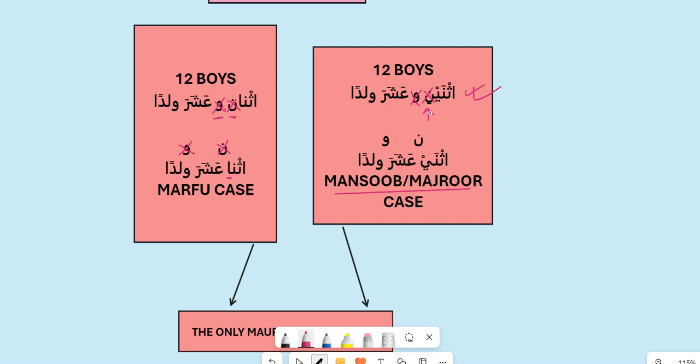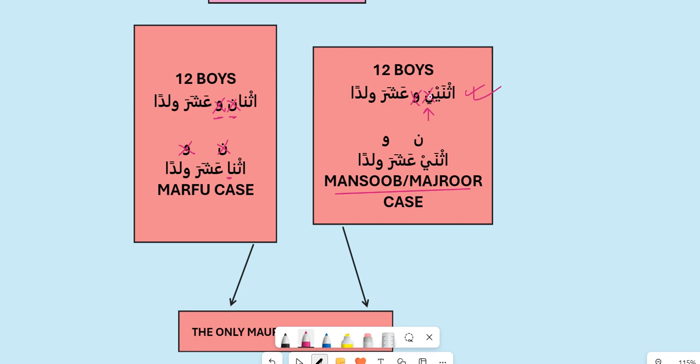It doesn't have any work in the i'rab, so it's basically removed. Since here you are making the number and the 10 into one compact compound number, in order to make this number into one compact compound number, this extra noon or noon zaida is also